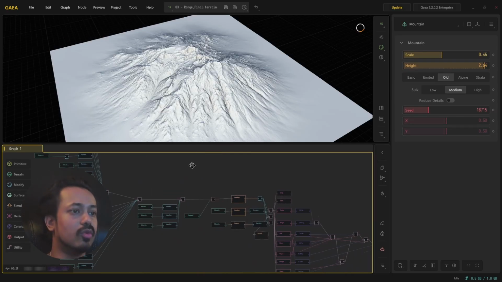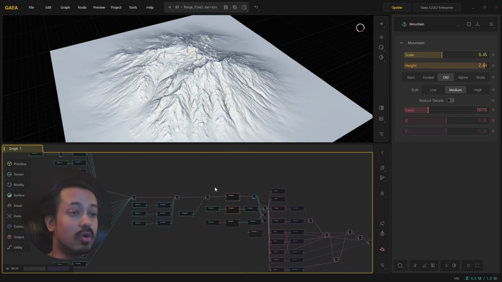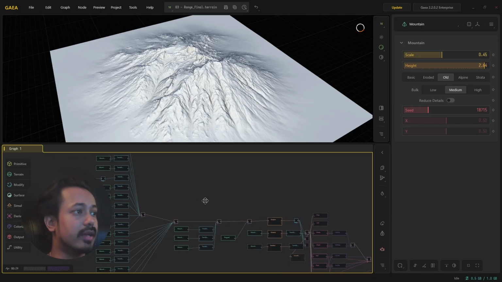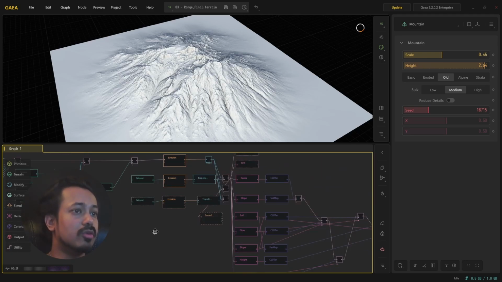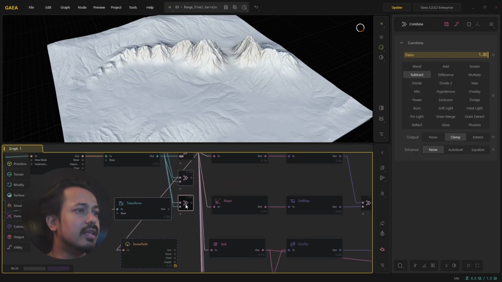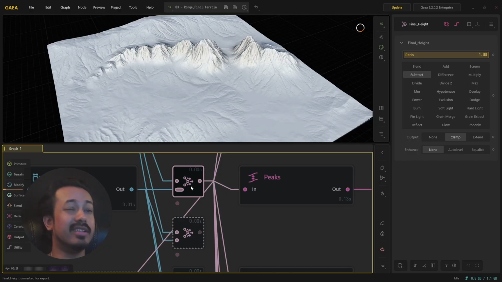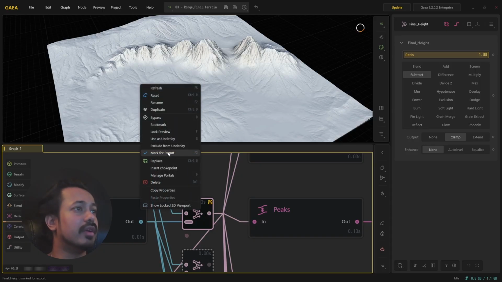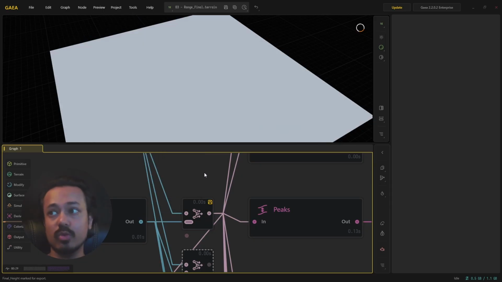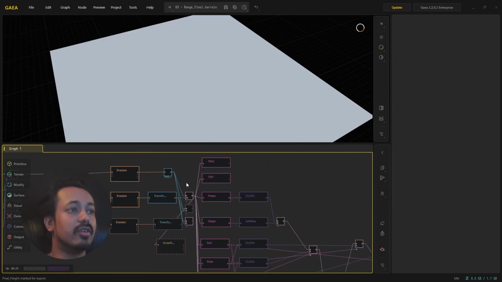Let me run you through an overview of how we actually went along with Gaea to create this particular terrain. We created all the mountain ranges that we wanted to do, and then we transformed them and shifted them to the places that we wanted to shift them to. And then what we did is we created outputs. We created this very specific node which is only going to be used for final exporting. So when we come here, we have marked it for export, and then we create a really detailed height map for it to be used,